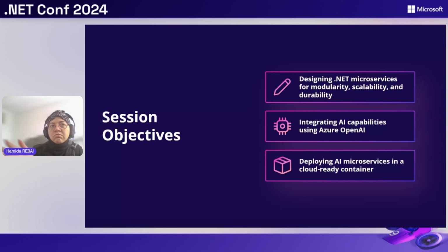So we need to create in the beginning the service inside Azure OpenAI service, and for this service you can use the Studio, Azure Studio. Else, we can use source code using .NET 9 to be able to consume this service. Next, in the end, we will see how we can deploy our AI microservices in cloud-ready containers. So containers are used to help us, as for any cloud-oriented architectures.